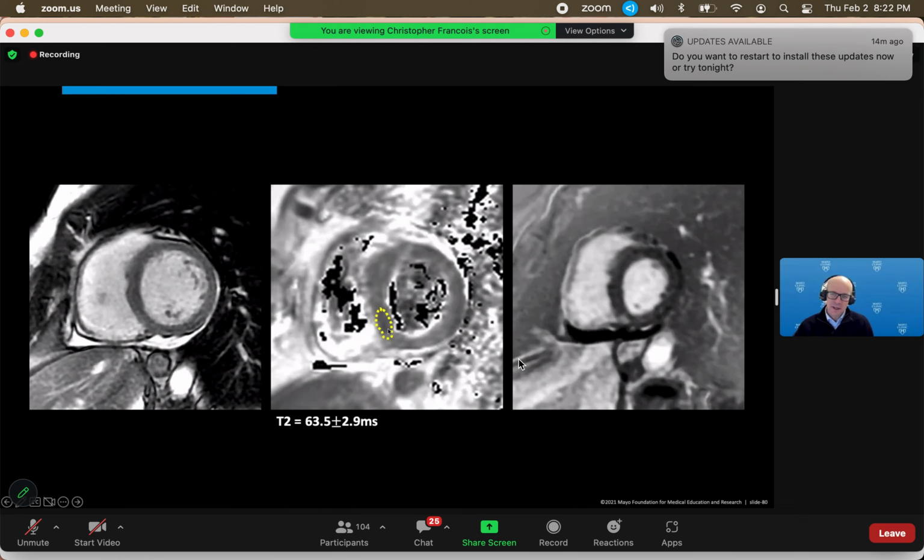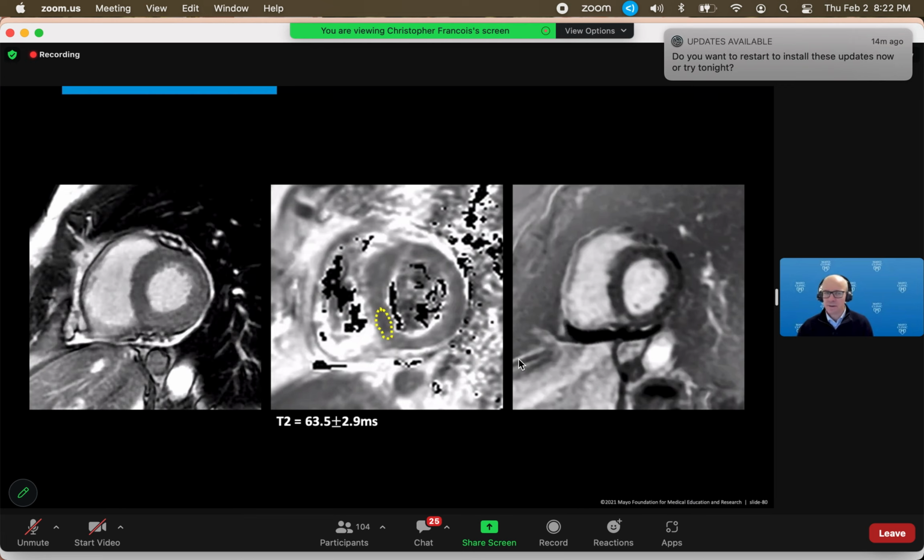In the middle image, I am showing you a T2 map image, which we're starting to do more and more frequently, and this is elevated. The normal T2 values range from about 40 to 60. Anything above 60 is going to be elevated. And so this is clearly above 60. This is elevated. This is indicative of myocardial edema. So this is a patient who has myocarditis related to their